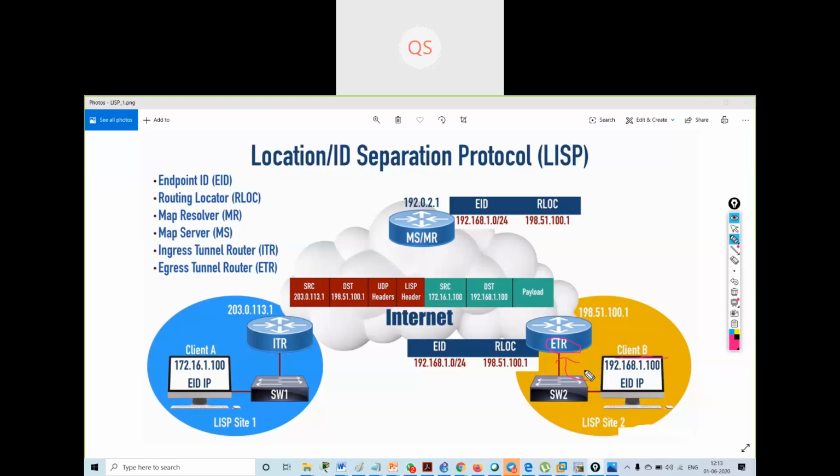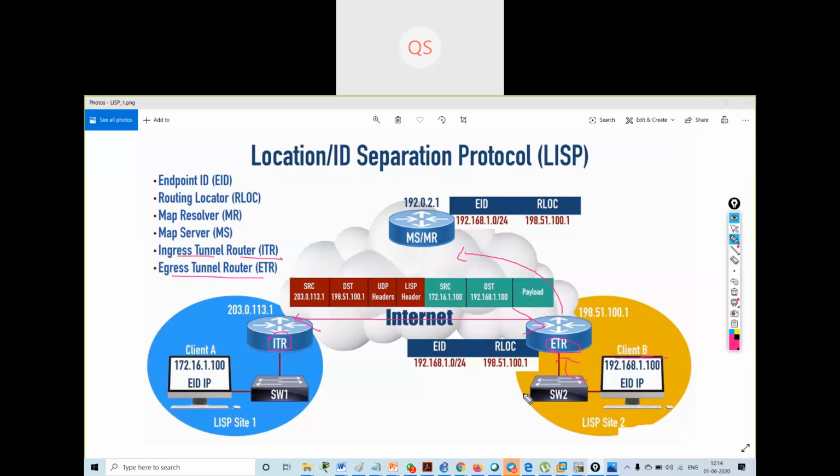Then this RLOC router will map this with the server. Once we know which RLOC router we are sending to, the packets can be moved between these two RLOC routers directly. This router is known as the ingress tunnel router, ITR, and this is known as the egress tunnel router.